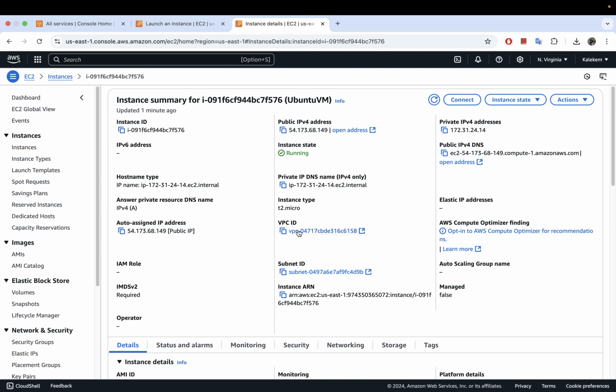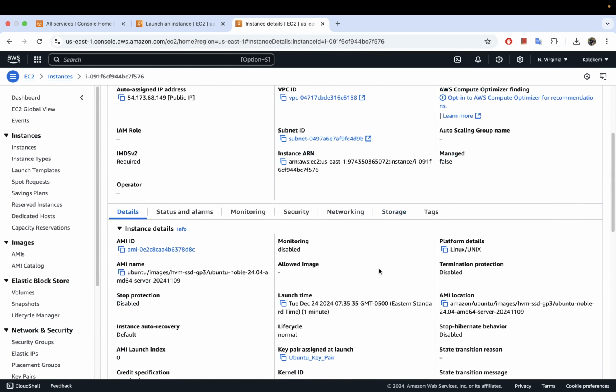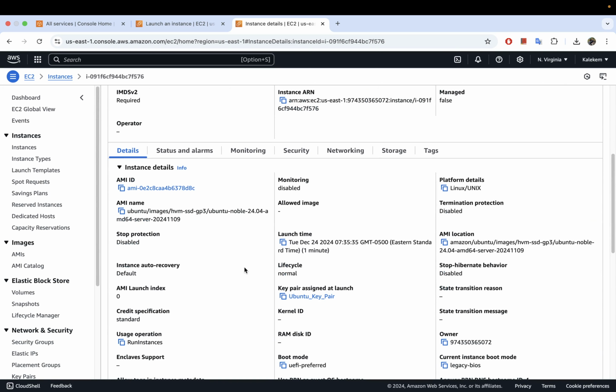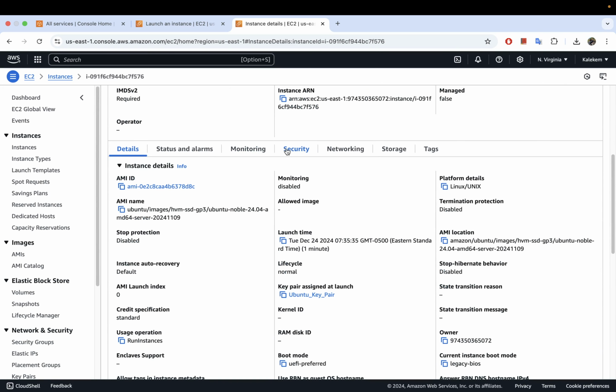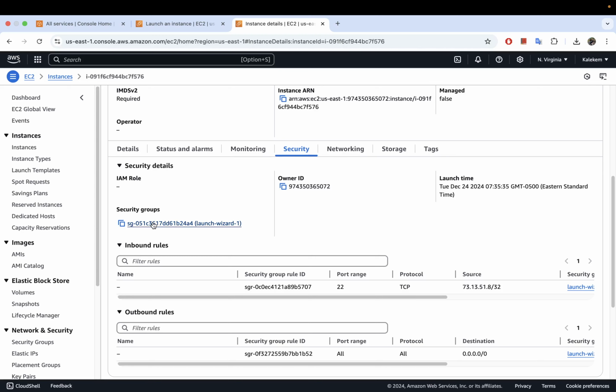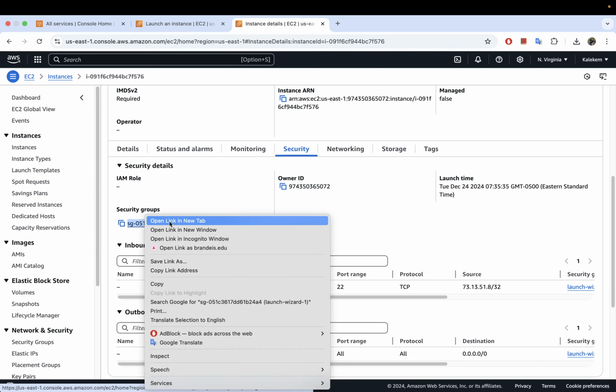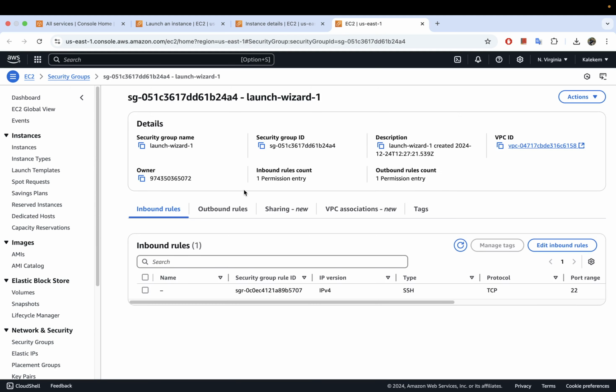You can see the VPC ID it's using, the subnet ID. I think when you scroll down here, you should also be able to see the security group it's using. So if you go to security, yes, this is a security group that was created. As you can see, it's called Launch Wizard, and that is the security ID right there. If you open this in a new tab,